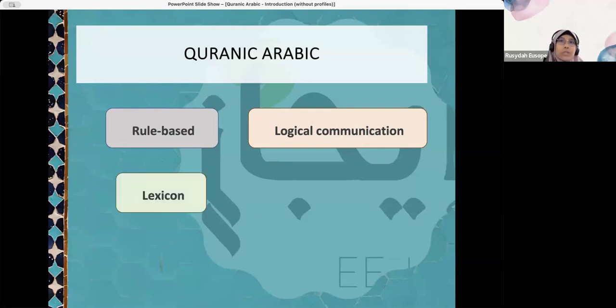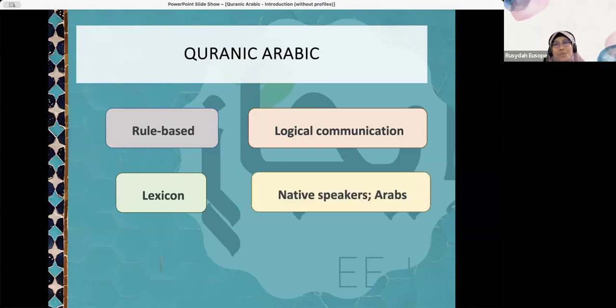And every language, not only Arabic, has its own vocabularies. How do we learn these vocabs, or how do we know the meaning? Of course, we have to refer to the native speakers, the Arabs. And when we talk about vocabs, we cannot run away from memorizing. So we have to memorize certain vocabs in order to understand what we recite,